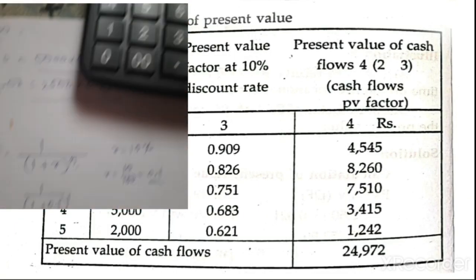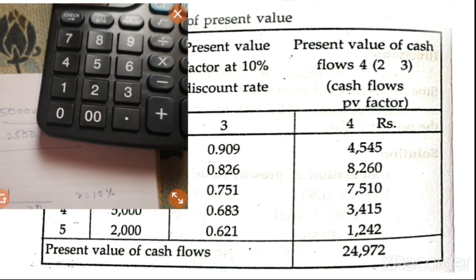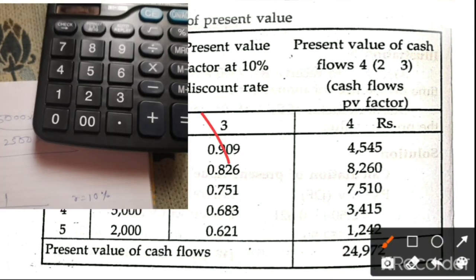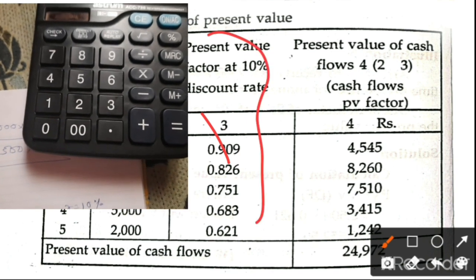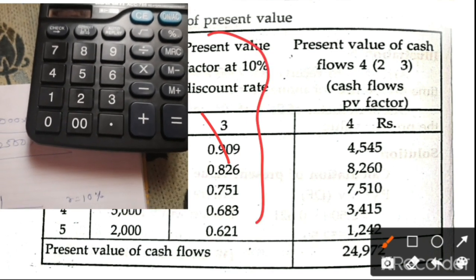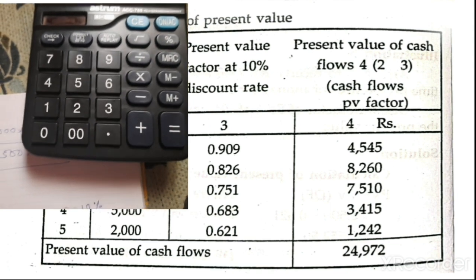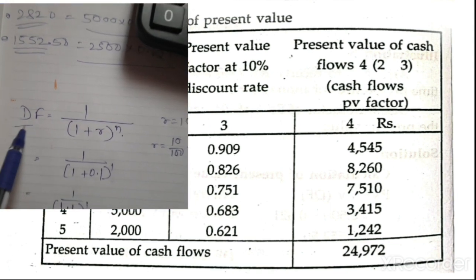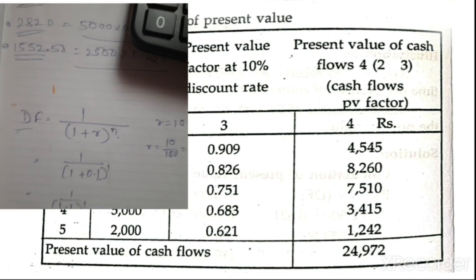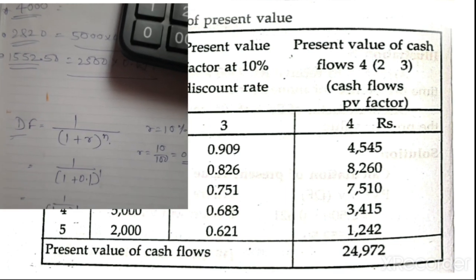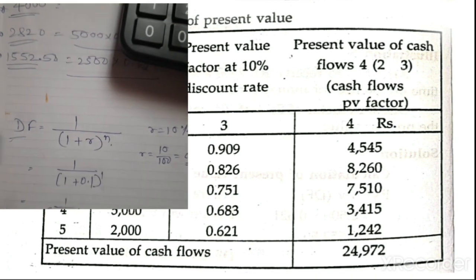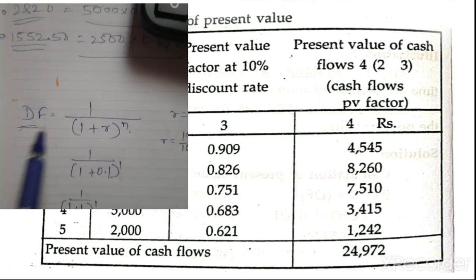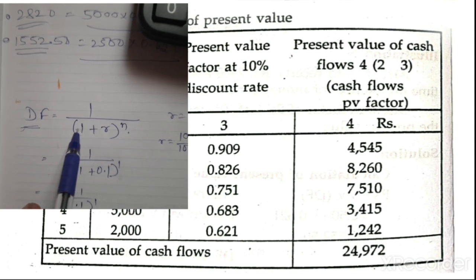So, dear students, now I am going to tell you how to calculate the discounting factor rate. Before calculating it, the most important thing is the formula. The discounting factor is not given in the problem. They give the series information and also the cash flows, but there is no information regarding the discounting factor. So, discounting factor is equal to 1 divided by 1 plus r.